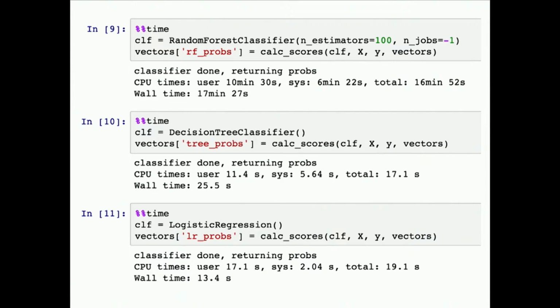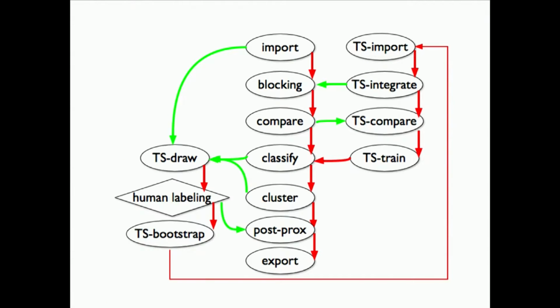And then we're going to get back a score. We call it a probability. We're playing fast and loose with our terminology. But essentially, we're going to get back a number that we can set a threshold on and say, above that, I'm going to call this the same person. Below that, I'm going to say these are not the same person. And so that gets us to classification.